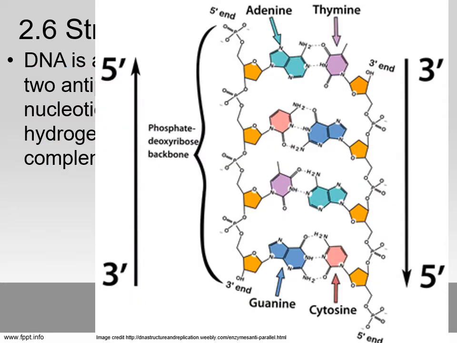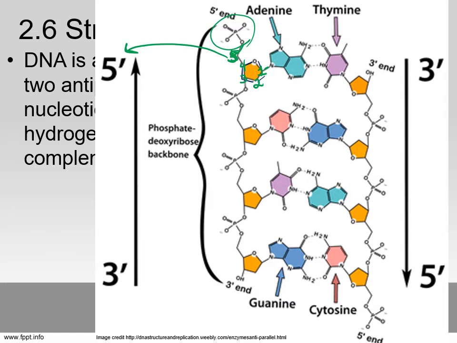We're going to look at that one more time, zoomed in just a little bit more. So again, here's our 5-carbon sugar, deoxyribose. We're going to label our carbons. Carbon number 1 is stuck to the nitrogenous base. Carbon number 2, carbon number 3, carbon number 4, carbon number 5. Carbon number 5 is where we find that phosphate group. Because carbon number 5 is the last carbon in this chain, we call this the 5' end of this DNA